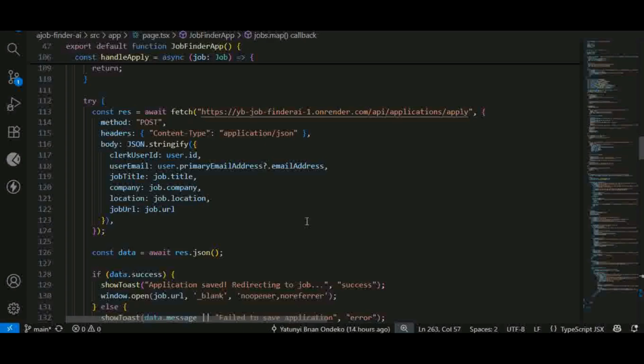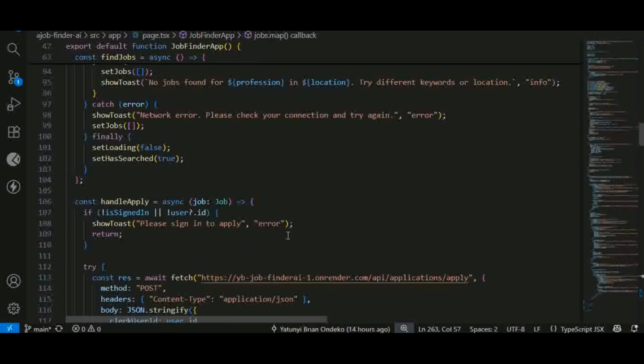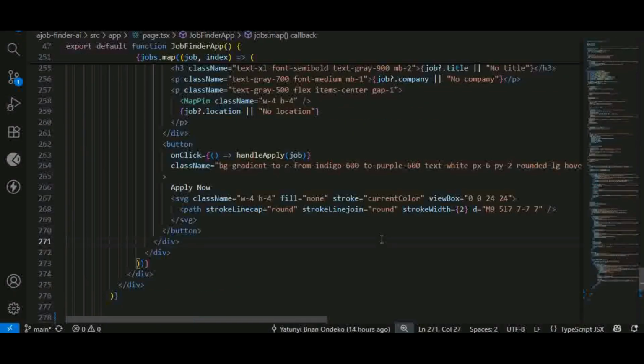Let me show you here. You can remember it from here, handleApply. Okay, and this part of the handleApply, that's what is going to happen there when you press that apply. Okay, so after being able to do that,